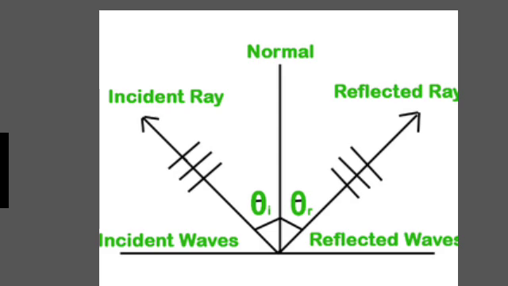Speed of sound in different media. Sound propagates in a medium at a finite speed. The sound of thunder is heard later than the flash of light is seen. So we can conclude that sound travels with a speed which is less than the speed of light. The speed of sound depends on the properties of the medium through which it propagates.